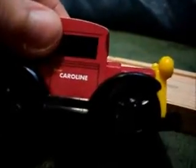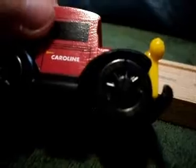I feel kind of deceived, but it's still a good model, and you can see the wheel is basically cut in the center. I have no idea how that happened. Really, what terrible thing would you have to do to a Thomas train to have the wheels split apart? And it's not only this wheel, it's this wheel too. You can see the same,